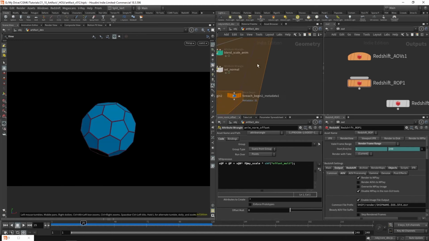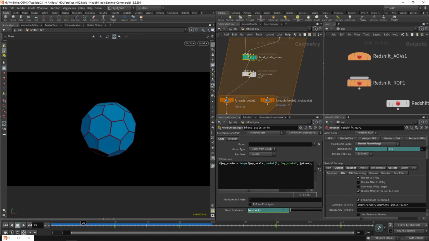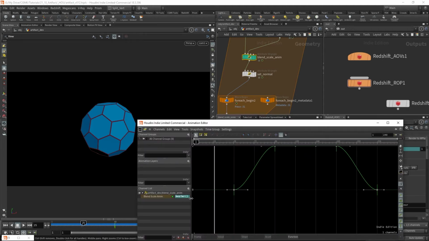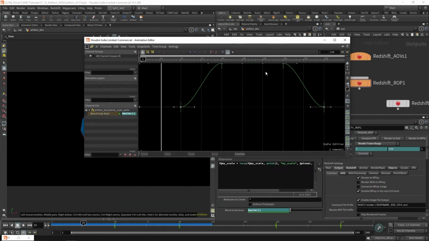I want to play with this scale, so I'm going to hold Shift and click on the parameter, and the goal is pretty much just to make sure that I have, let's say, a keyframe at 24. So I'm going to hold Alt and click. Then a keyframe here, maybe 20, 30. Have another one, and in the middle we'll have another one,